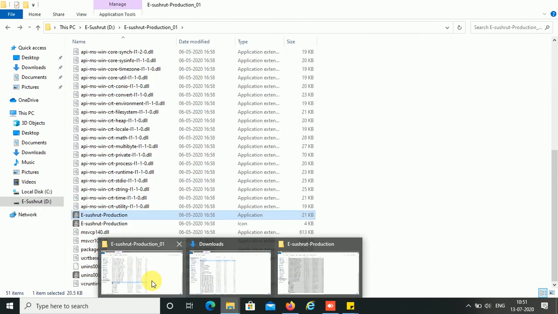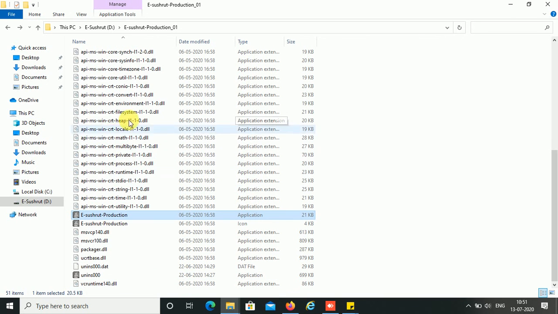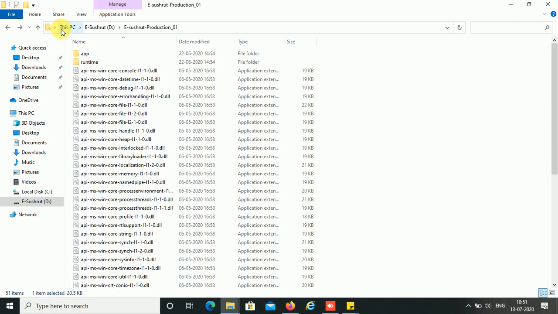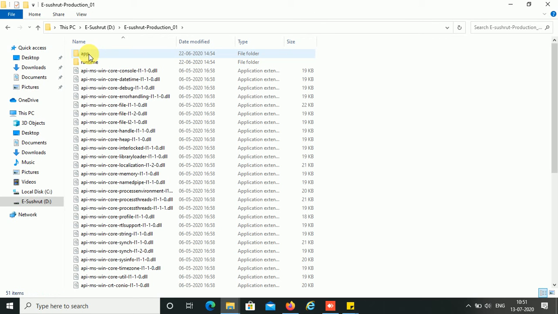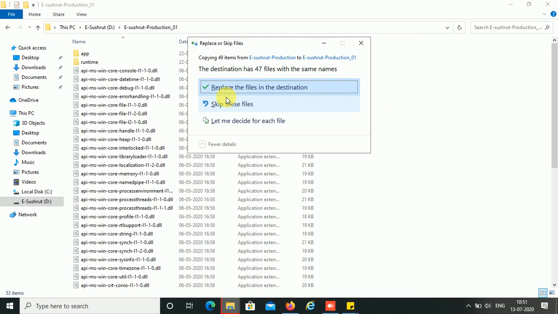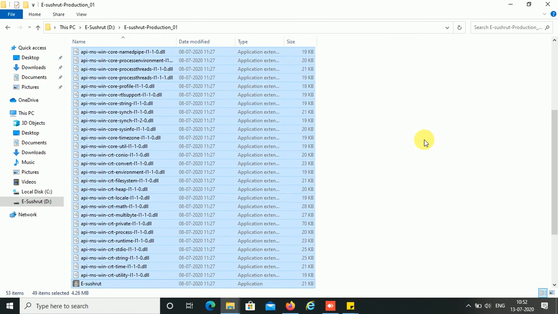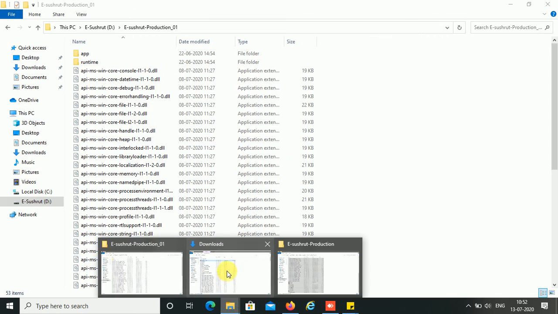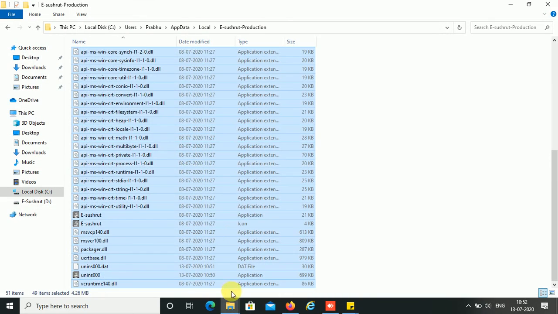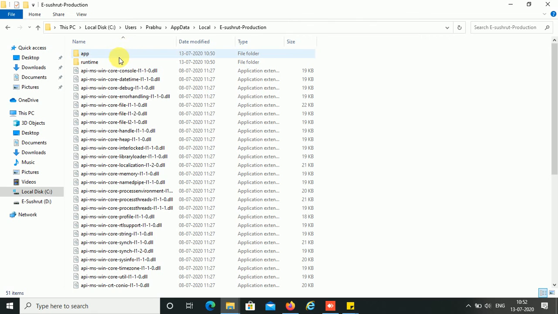We'll go to our existing location, that is SVC. We have created a separate drive for this. This is our folder, and I will paste all my application supporting data here, and I will replace all the files that can be replaced, the existing files with the new ones. Then after that we need to copy another folder again, that is runtime.